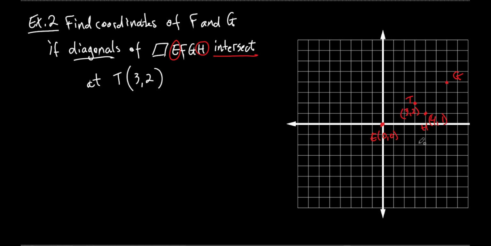Because that's the intersection. We could do the same thing here. How did you get to the corner of the parallelogram here? We went down 1 over 1, or over 1 down 1, right? So how are we going? If this is the midpoint, then how are we going to get to the other one? We go up 1 over 1 right here. You see that? And that's our points. That's our missing points. So there,